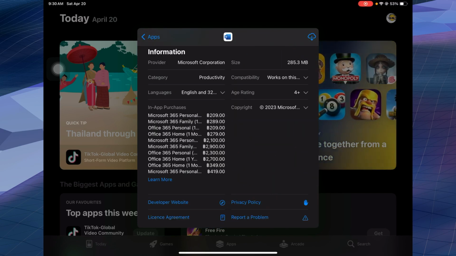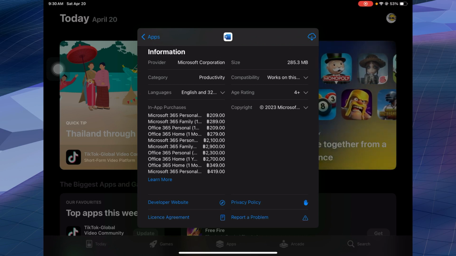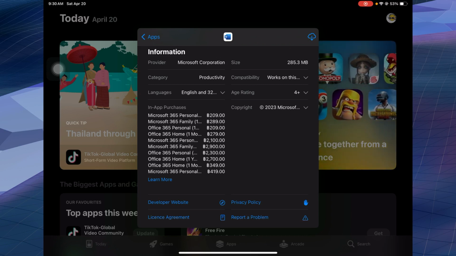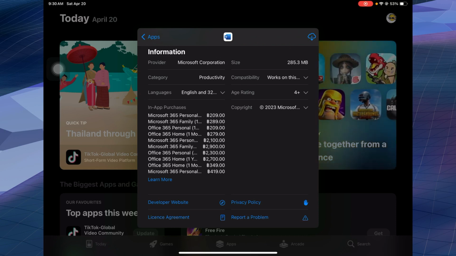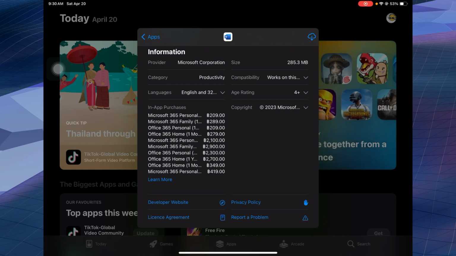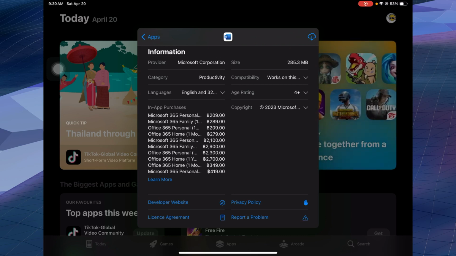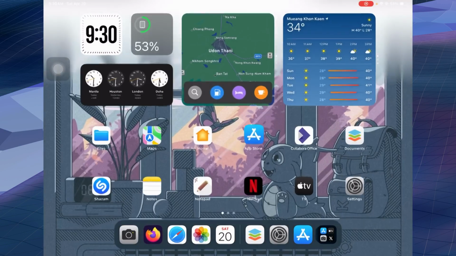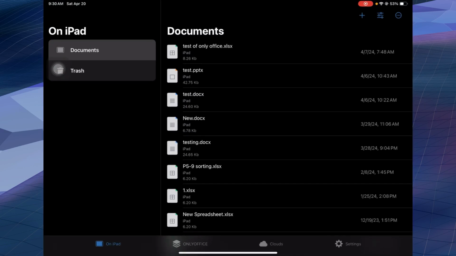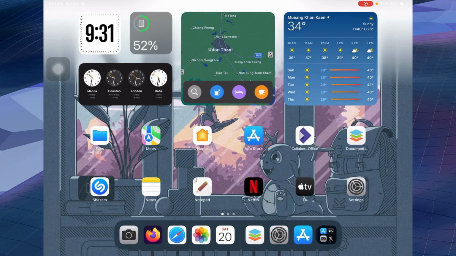The asking price for Microsoft Office 365 is sometimes like 2000 or 3000, nearly 3000. That is why I really don't want to use it, because I have ONLYOFFICE. ONLYOFFICE is basically still the same, which is why I'm using it. It is available on iPad, Mac, Linux, you name it,